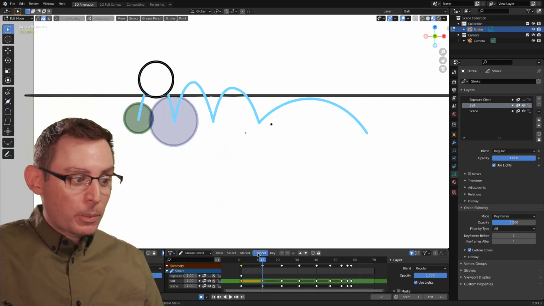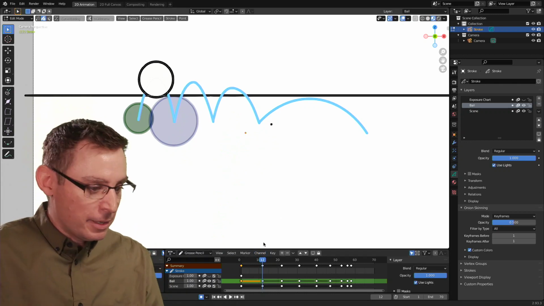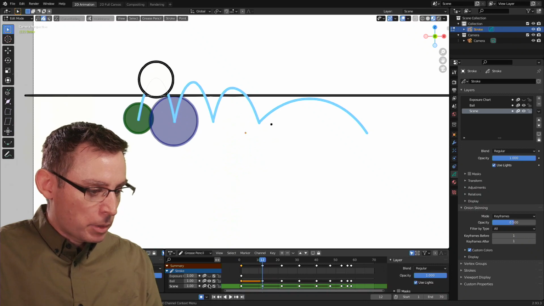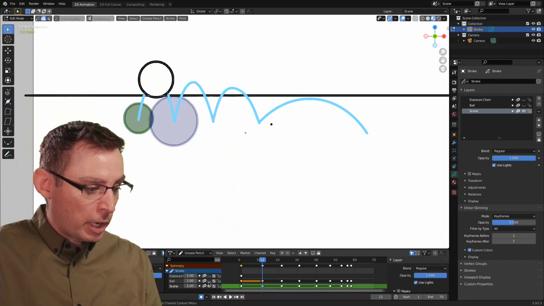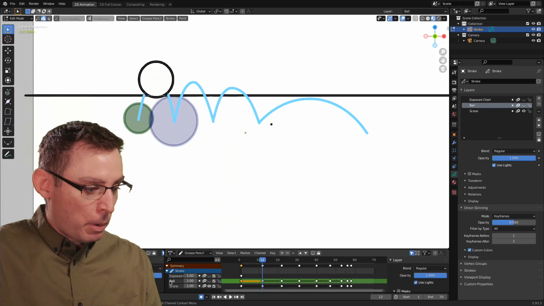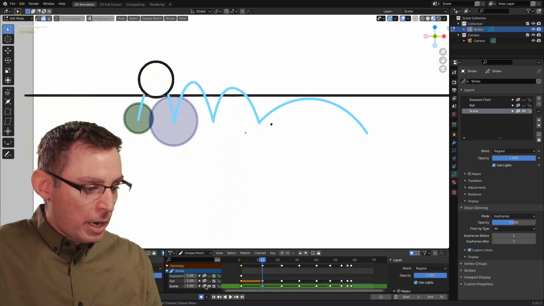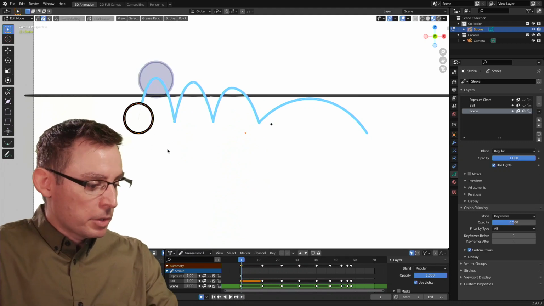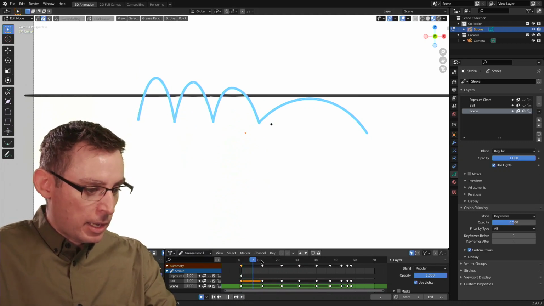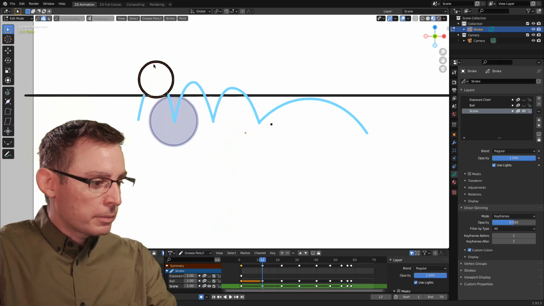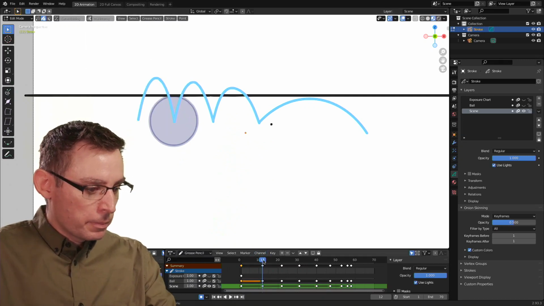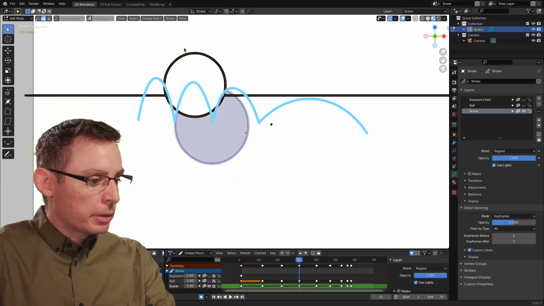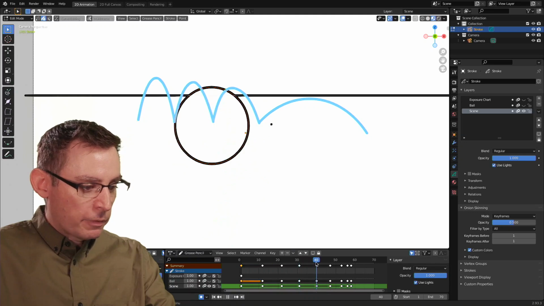Now on the surface, it feels like we just kind of duplicated what we did, and we kind of did, but now with that information separated out, I can return to my scene layer. I'm going to turn off the visibility of my ball layer by clicking the eyeball icon on the ball layer itself. And on my scene layer, I'm just going to go in really quickly to each animation frame, and start stripping out all of these frames by hitting the X key. I don't have to worry about losing them, because I've already duplicated that layer. It goes real fast. I only have a handful of them to do.